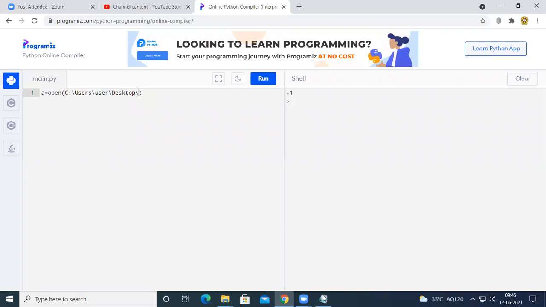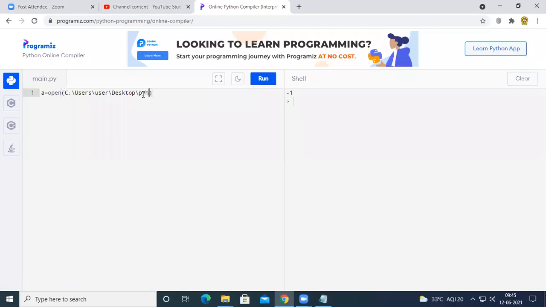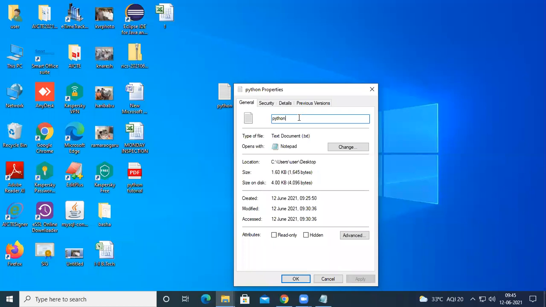If you observe the properties, at this location we had a file called Python. So provide the Python here, and then we have to provide the type of the file. The type of the file will be mentioned here.